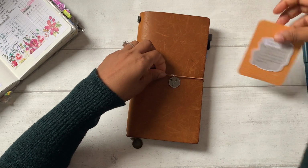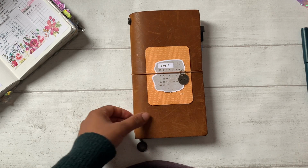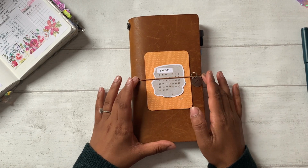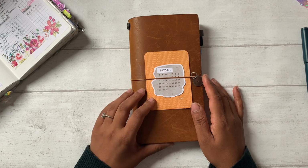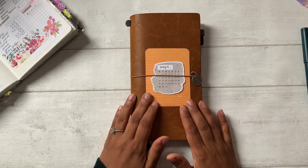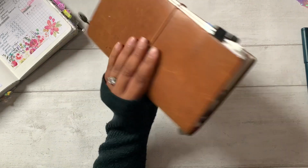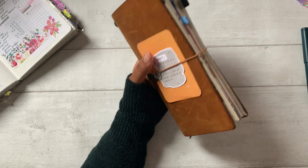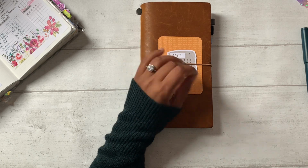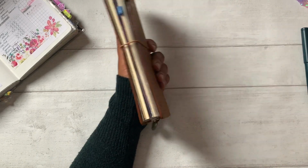And I am pretty excited to use it because it's something new and fresh, and at the same time something very familiar that I'm comfortable using. So let me know if you have any questions, or if you're surprised by the choice that I went for in the end. Personally, it was mostly the size. Look at that, you cannot beat that. There's no way I could do this with an A5. I can chuck this in my bag, I can just carry it around with me. I just love this